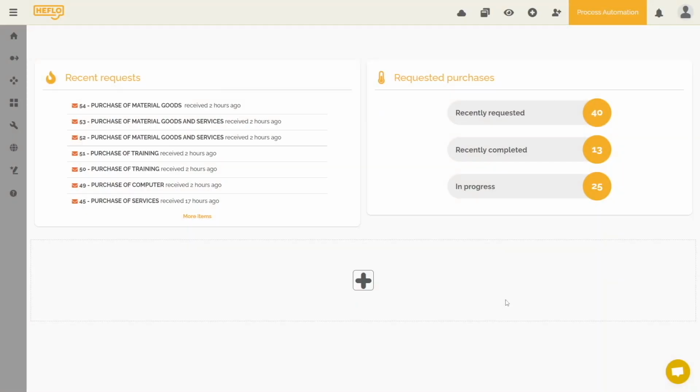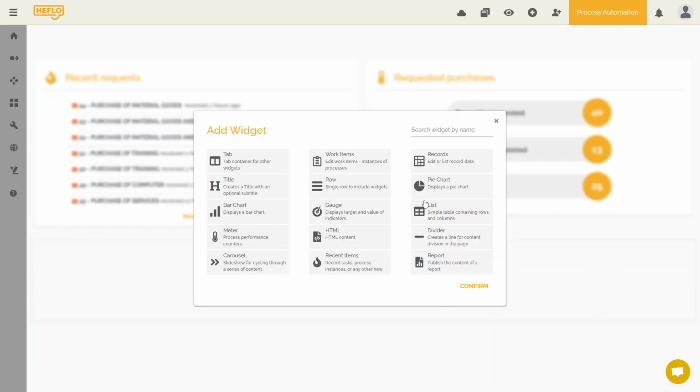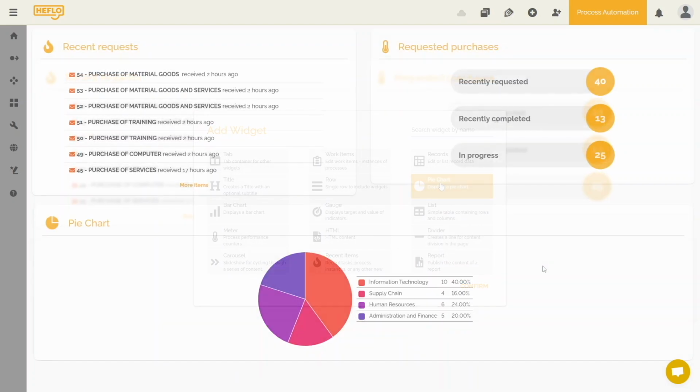One of the most common chart widgets is the pie chart. The pie chart is a very traditional chart that displays the distribution of items. This distribution can be quantitative, it can be a sum of value, it can be averages. In short, it can be several things that represent a rank and a value that we call argument and value. In this case, you see a pie chart whose argument is represented by the different requesting departments.